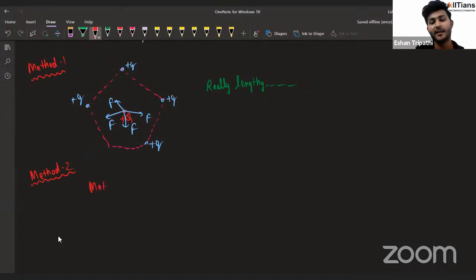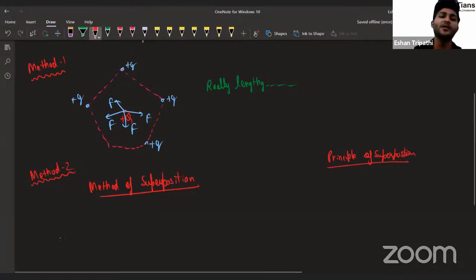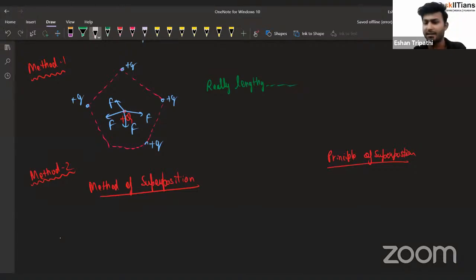Guys, there's a difference. We are using the method of superposition. Some people get confused with it. Some people confuse it with principle of superposition. Do you know the difference? Principle of superposition says that like any vector, it is actually true for